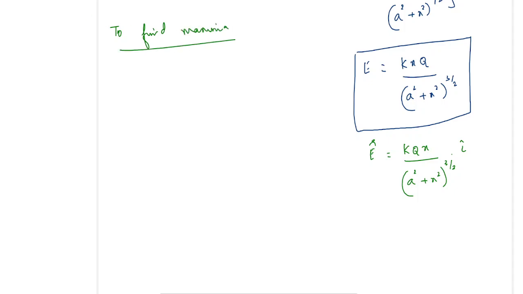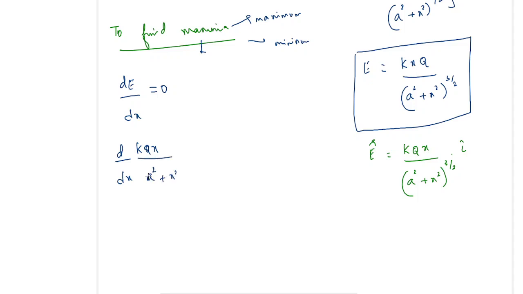maxima is a common term. Maxima could mean maximum or minimum. Whether it is maximum or minimum depends on the second order derivative. But for our level, we just find the first order derivative. That is, we'll find d by dx and equate that to 0. So we'll differentiate this part. So d by dx of k q x by (a square plus x square) power 3 by 2 is equal